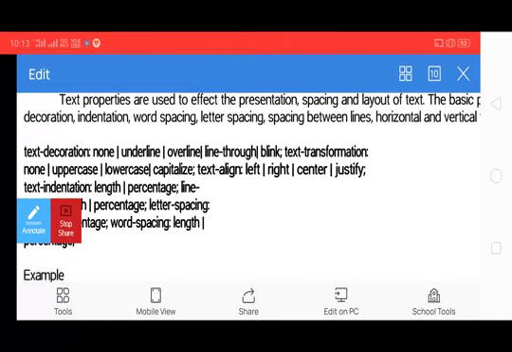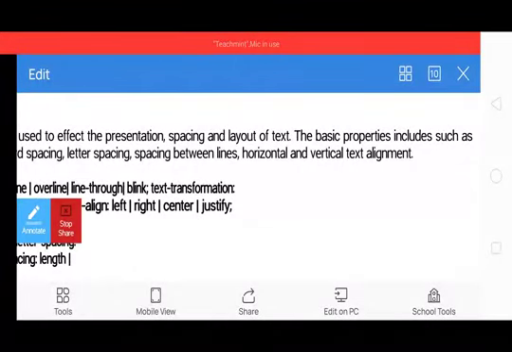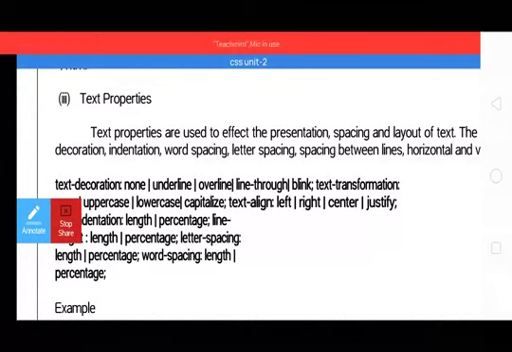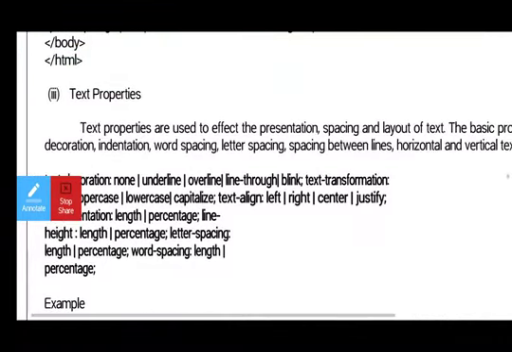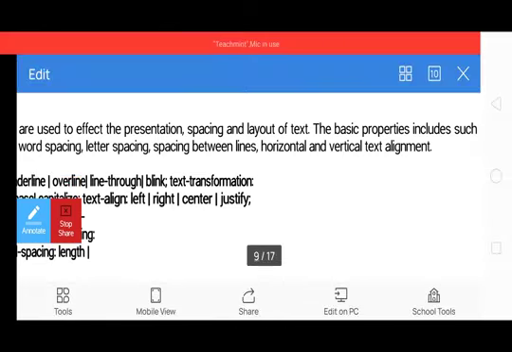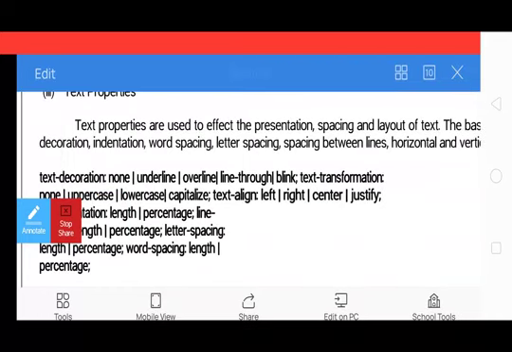The basic properties include decoration, indentation, word spacing, letter spacing, spacing between lines, horizontal and vertical text alignment. So these are the basic properties, and the first one is decoration.